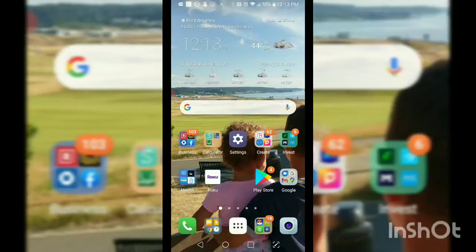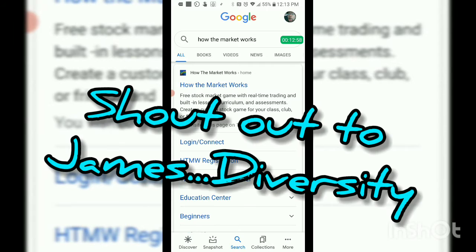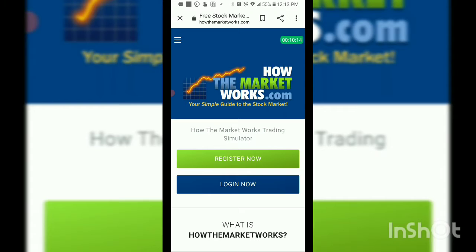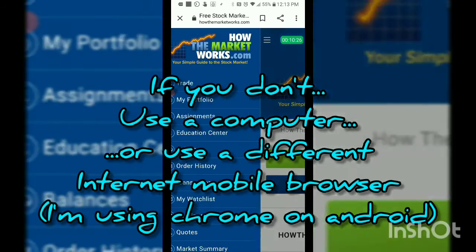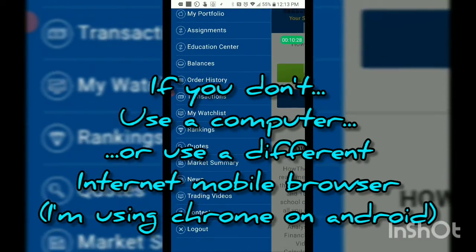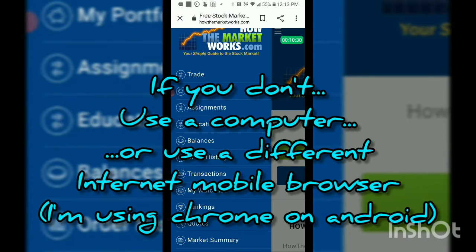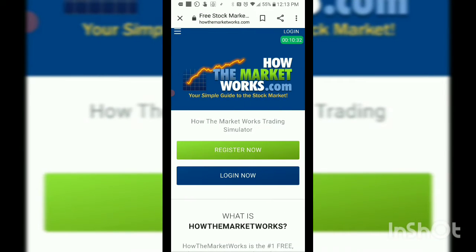I'm making a quick video for those of you who are playing this game using your phone. A friend contacted me saying that they couldn't access certain features because they were using their iPhone. So right off the bat, you should see in the top left corner 3 lines. And if I click on that, it brings up all of these options. And that's what my friend was not able to see